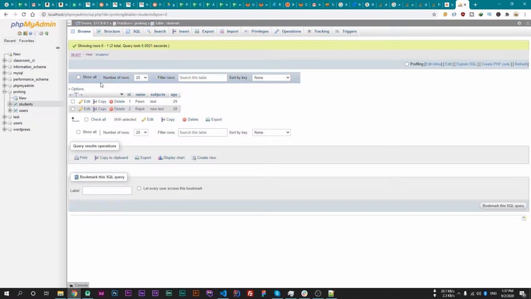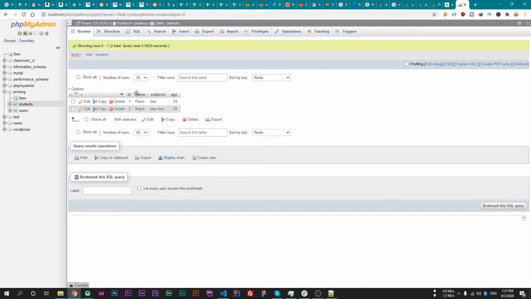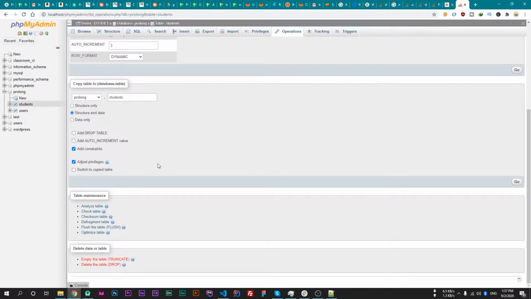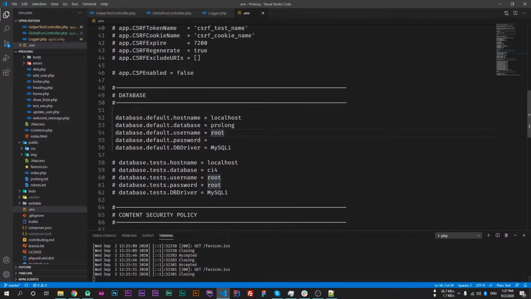Let's try to create a migration for the student table. So I'm simply deleting this table. Okay, so now our database Prolong doesn't have the student table. So let's create a migration for a table.